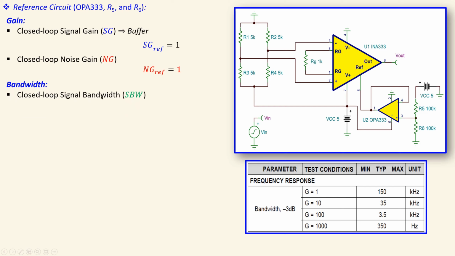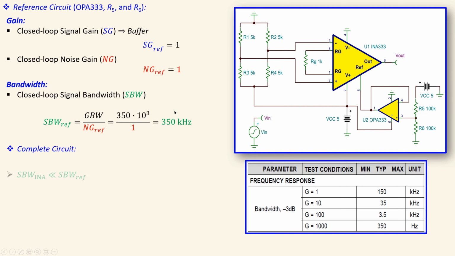Now we have the bandwidth. We need the signal bandwidth for this circuit specifically. For that we can use the expression for the op-amp: gain bandwidth product over the noise gain. The gain bandwidth product we already got from the datasheet, divided by the noise gain, so we have 350 kilohertz. So you can see the signal bandwidth of our reference circuit is 350 kilohertz, and the signal bandwidth of our instrumentation amplifier, with a gain of 101, or just 100 taken from the table, is 3.5 kilohertz. So this is already 100 times larger.